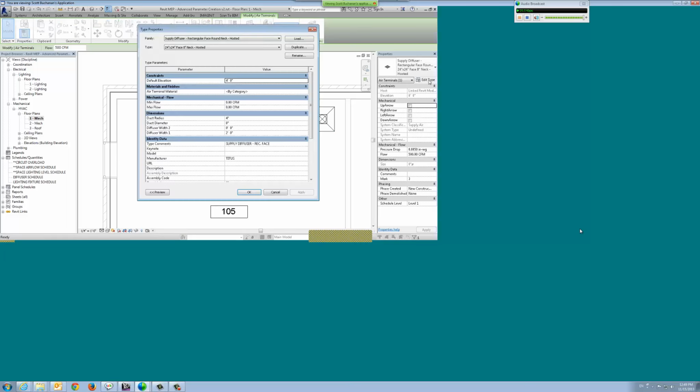Okay. If I take a look at the type parameters of it, there is a min and max flow inside of there. But again, this leaves these blank. These are for us to populate based upon the model manufacturer that we're using. So I could go through, and sure, if I'm downloading a Titus grill or a diffuser from somewhere, it's probably going to have this all filled out anyways. But